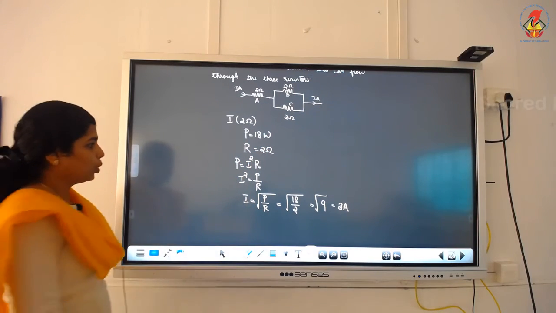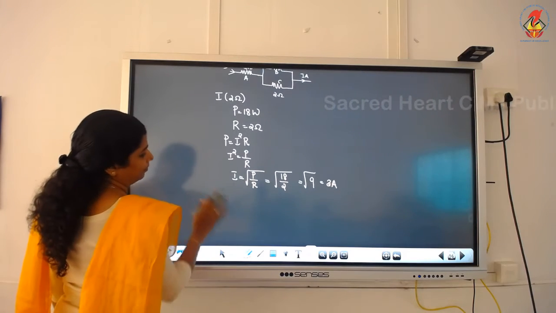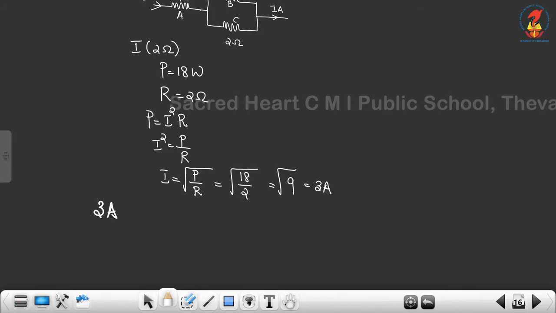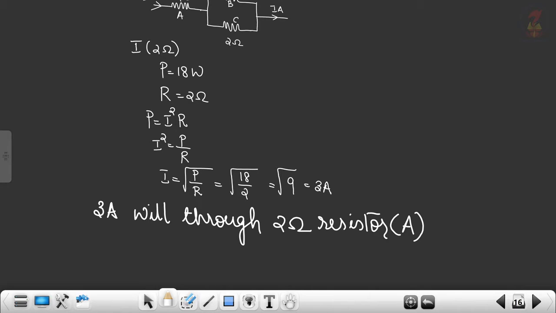So, three ampere current will flow through the 2 ohm resistor that is represented by the letter capital A. 1.5 ampere current will flow through